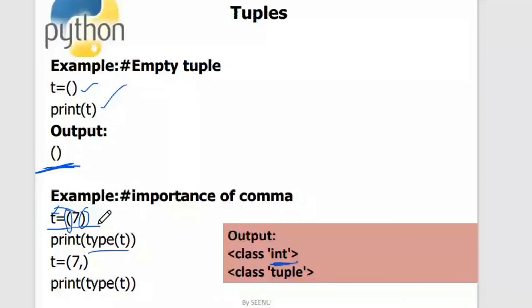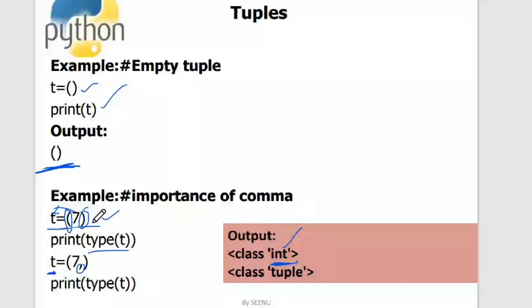Okay, if you put a comma, then it will understand. This is an internal implementation. If you put a comma, it will understand that you are trying to create a tuple, and now t will be of tuple type. These kinds of questions you will be getting in placements and all that. They'll just give you this and ask what is the type of t. When you see these parentheses, we might think that it is a tuple, so we might answer that it is a tuple.